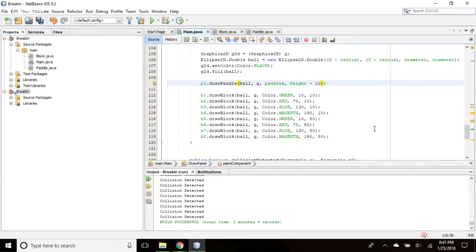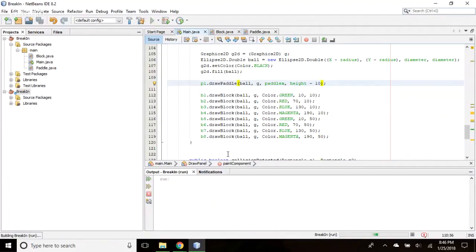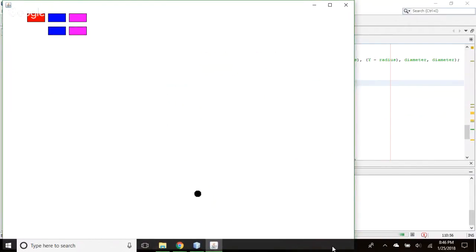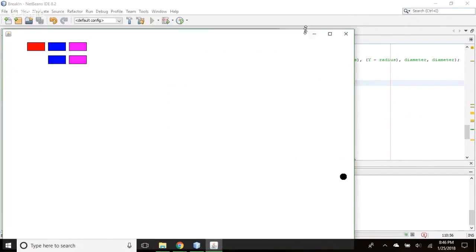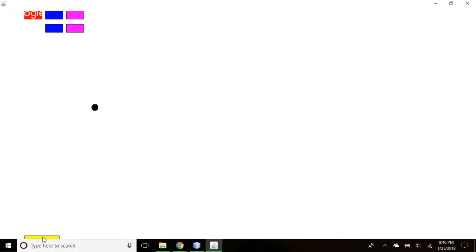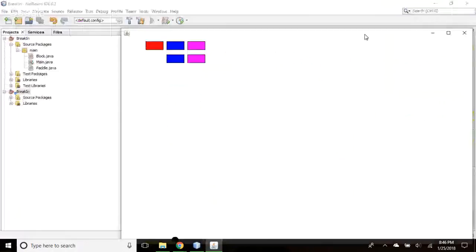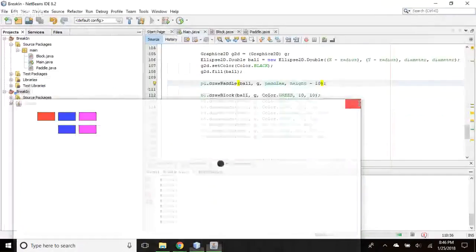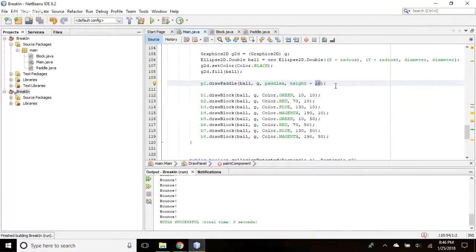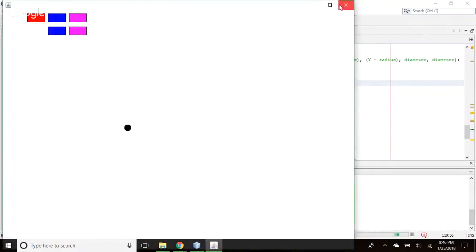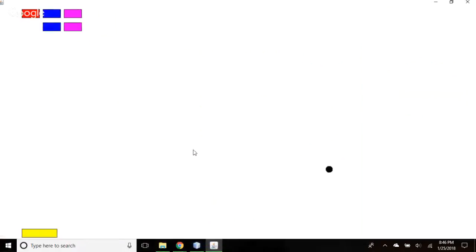So when you resize it now, it should move based on the window. Uh-oh, where'd it go? Oh, we need more than that, don't we? You see it down here? Because it's the upper corner. So close it. Why don't you do minus 30? I see it. It's still really low.